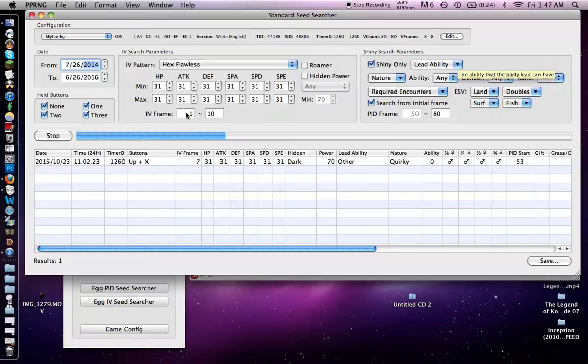Alright, IV frame. When I RNG'd my first wild Pokemon, I had no idea what this was. Now I have a pretty good idea, so I'll let you in on this secret. Alright, so the way you advance your IV frame is by walking 128 steps with N number of Pokemon in your party. For example, if I walk 128 steps and have 4 Pokemon in my party, that will advance the IV frame